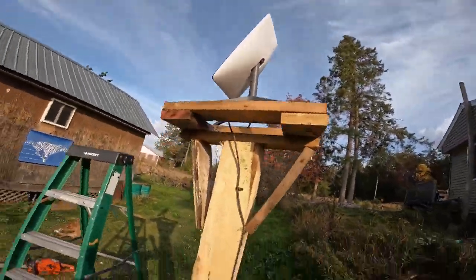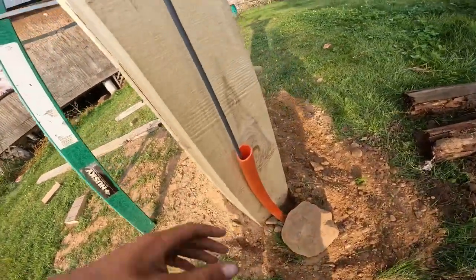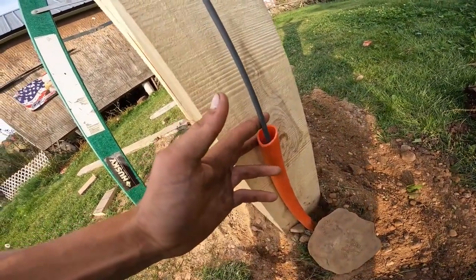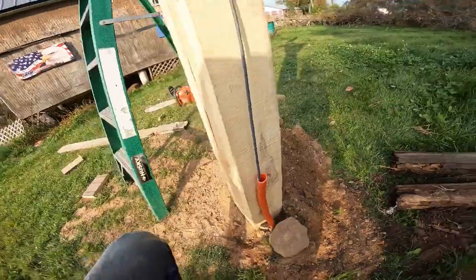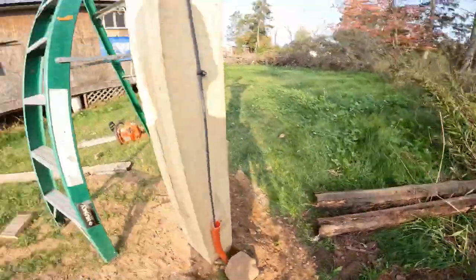Got her mounted. Got the cable ran through the pipe into the house. I would not recommend using 3/4 inch. It is very tight. I had to cut it and splice it in the middle there. Couldn't make it 20 feet. So